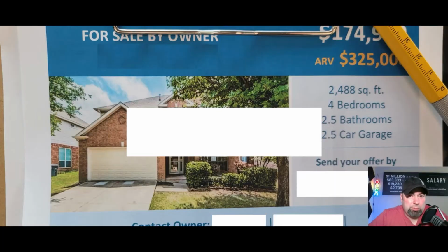All right, guys, so I found this property on the MLS. It looks like this. The address is right here, so I had to kind of blur this out. But this is the important stuff, okay? It's 2,400 square feet. It's 4-bed, 2.5 bath. And it says 2.5 car garage, but that's a 2-car garage. Anyway, so they're asking